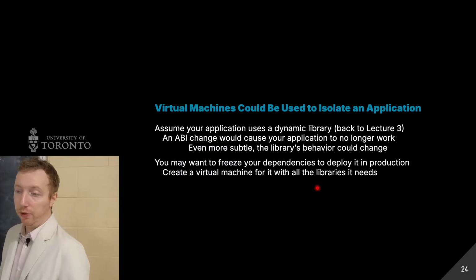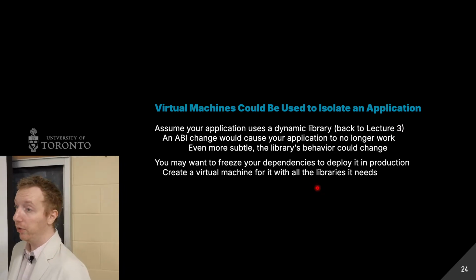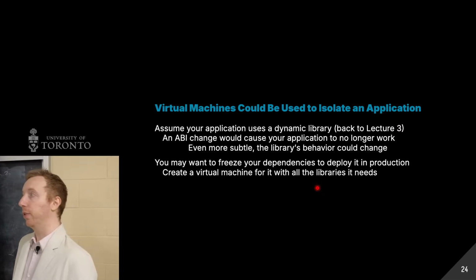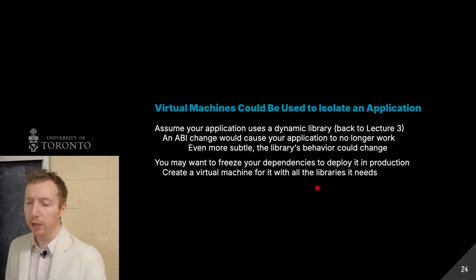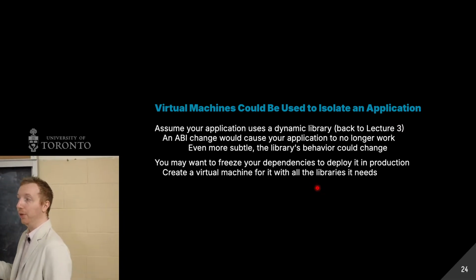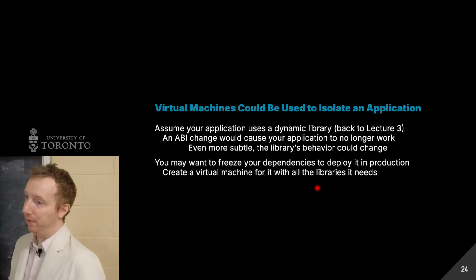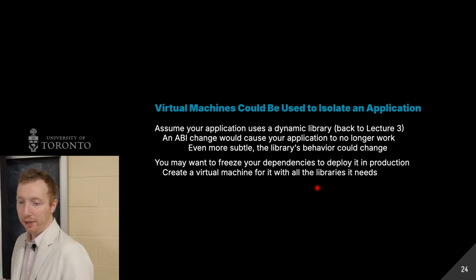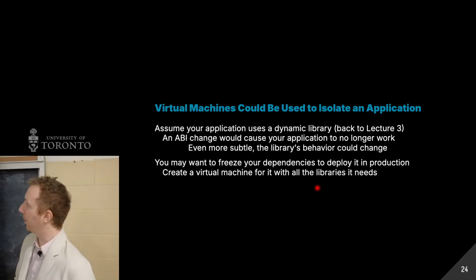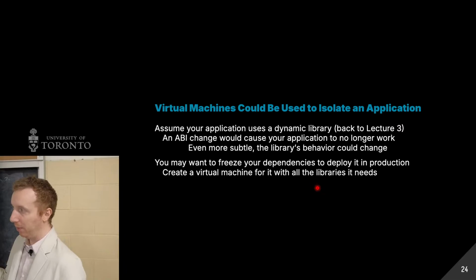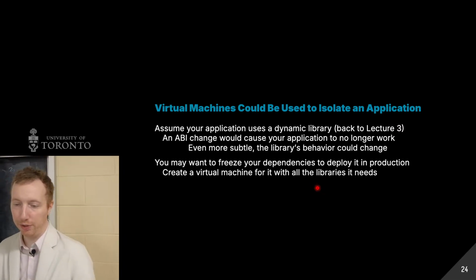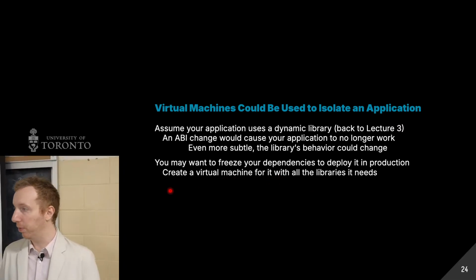Another advantage of it is virtual machines can also be used to isolate an application. So going back to lecture 3 or 2, assume your application just uses a dynamic library. If you change the ABI, that causes your application to break. Or even more subtle, they don't even break the ABI, they just change the behavior slightly, which breaks your entire application. Well, for deployment in production,